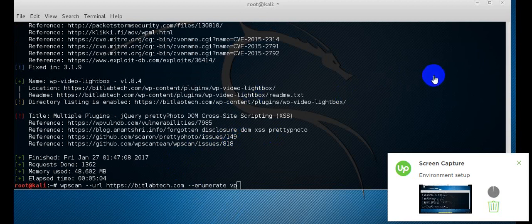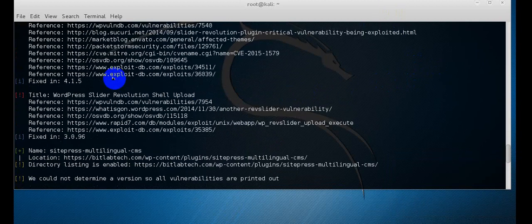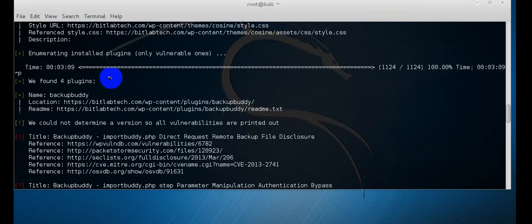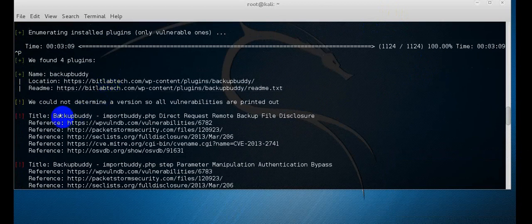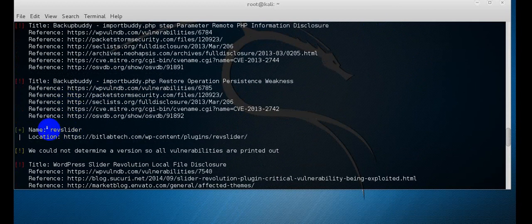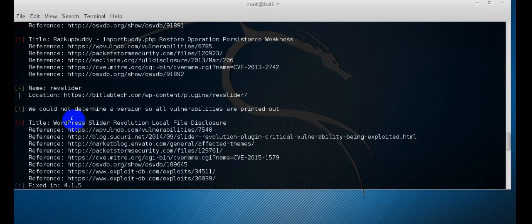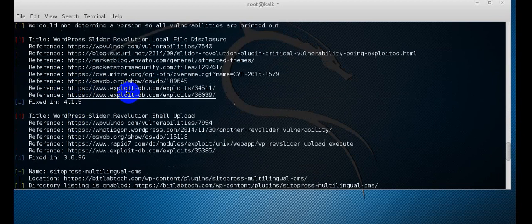Yes, I am done here. So let's go and see that the installed plugins in my WordPress theme are showing here. The title, backup body, okay, then the rep slider and WordPress slider revolution, okay,